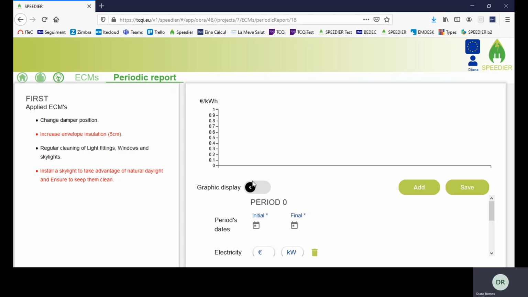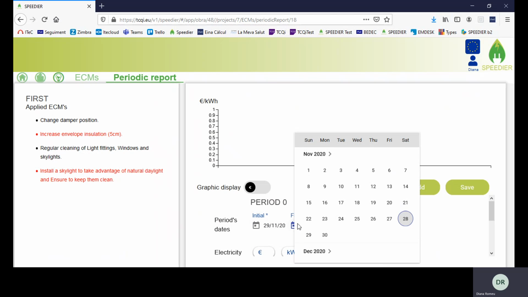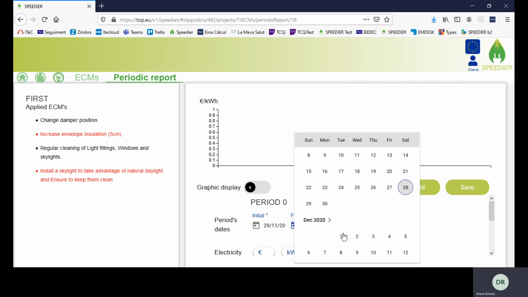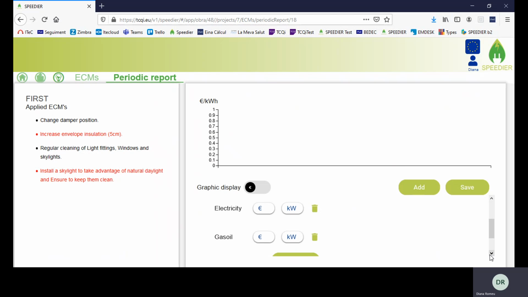We create periods. So in the first period, the period 0, we start, for example, this day, and we finish the next month, okay, at the end of December, and we have the bills, and we know how we were saving. So the initial point is 12 and 4,